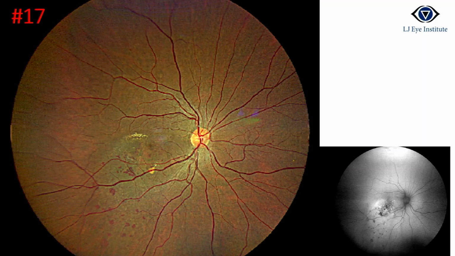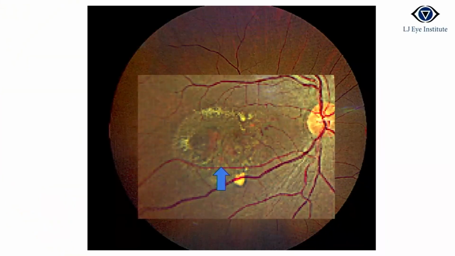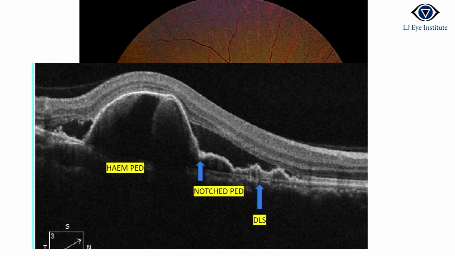This patient was treated as BRVO, and was given an anti-VEGF injection. But if you see something very closely here, I could make out some orangish nodules over here. So it struck me that maybe I should get an OCT done. When we did an OCT for this patient, we can see a thumb-like projection, hemorrhagic PED, notched PED, double layer sign, SRF. So these are features very typical of PCV. So this patient has to be treated with anti-VEGF. We are just happy that we have diagnosed this as PCV. The treatment will remain the same. Maybe the molecule may change and you have to again follow up the patient on OCT.